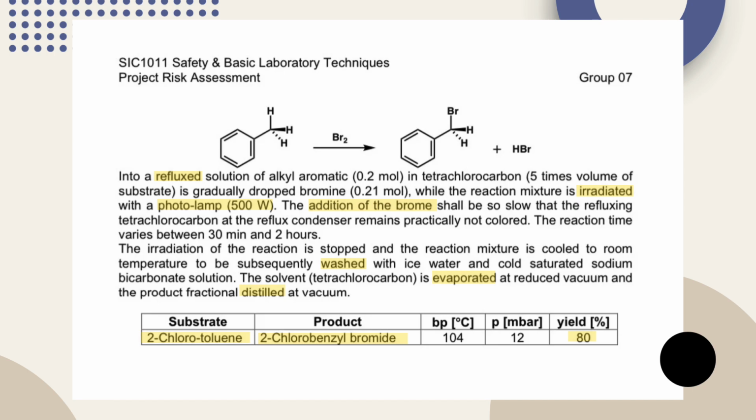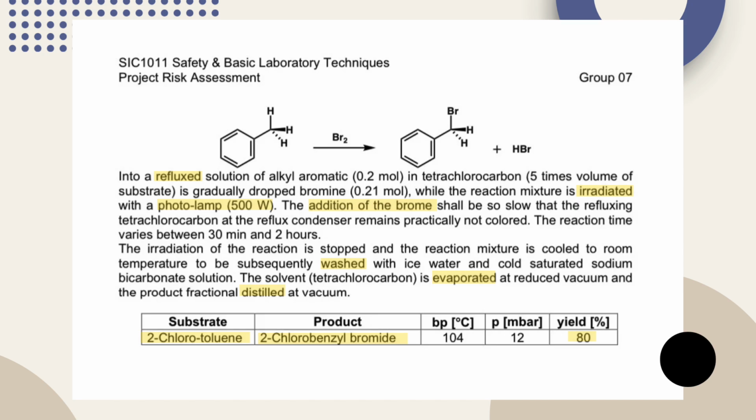Hi, we will be discussing this project risk assessment based on this experiment. This experiment involves the free radical bromination of 2-chlorotoluene using bromine in carbon tetrachloride under photochemical irradiation, which is a 500-watt lamp. And the reaction mixture is refluxed, washed, and purified by evaporation and vacuum distillation to yield 2-chlorobenzyl bromide